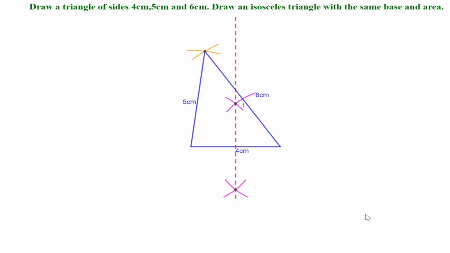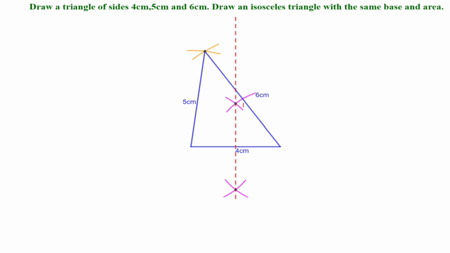Now if you mark a point anywhere on this line and join that point to the ends of the base, you will get an isosceles triangle. But we need an isosceles triangle having the same base and area of this given triangle. How can we make a triangle with same area? We know the triangle with same base and third vertex on a line parallel to the base will have same area. So let us first draw a line parallel to the base passing through the third vertex of the given